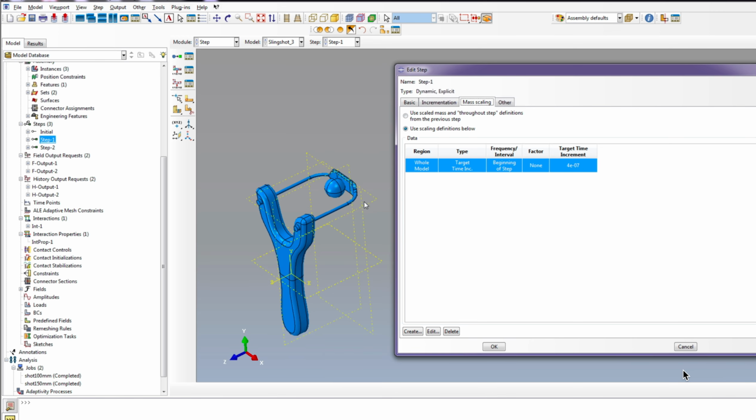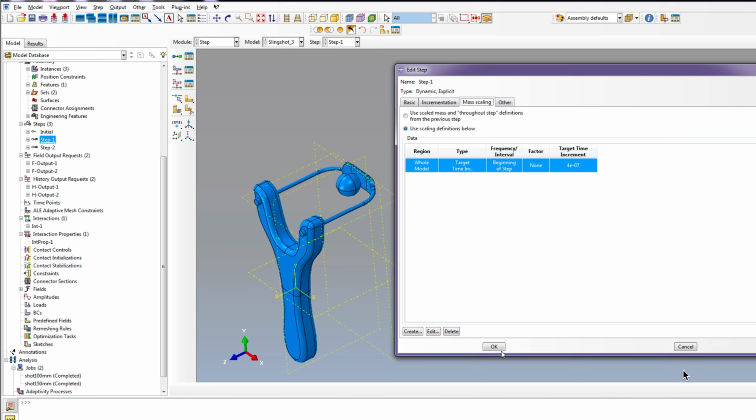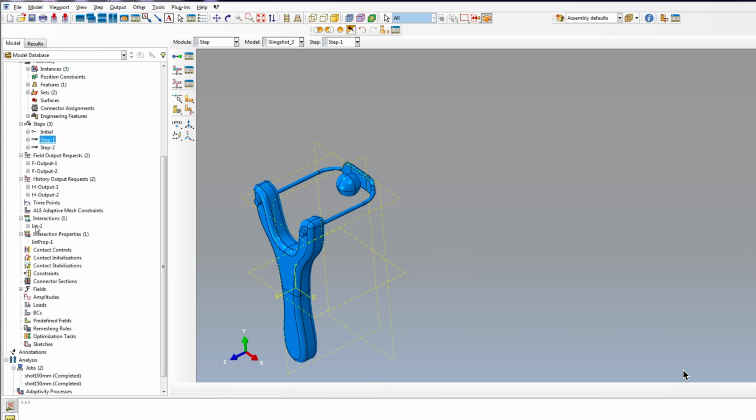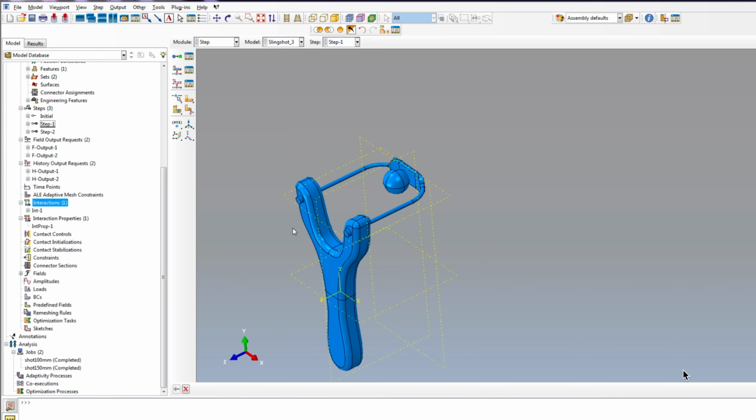So if this happens, we have to either make our time increment smaller, or go here and manually include some surface for our contact pairs. For now, let's move forward as it is and